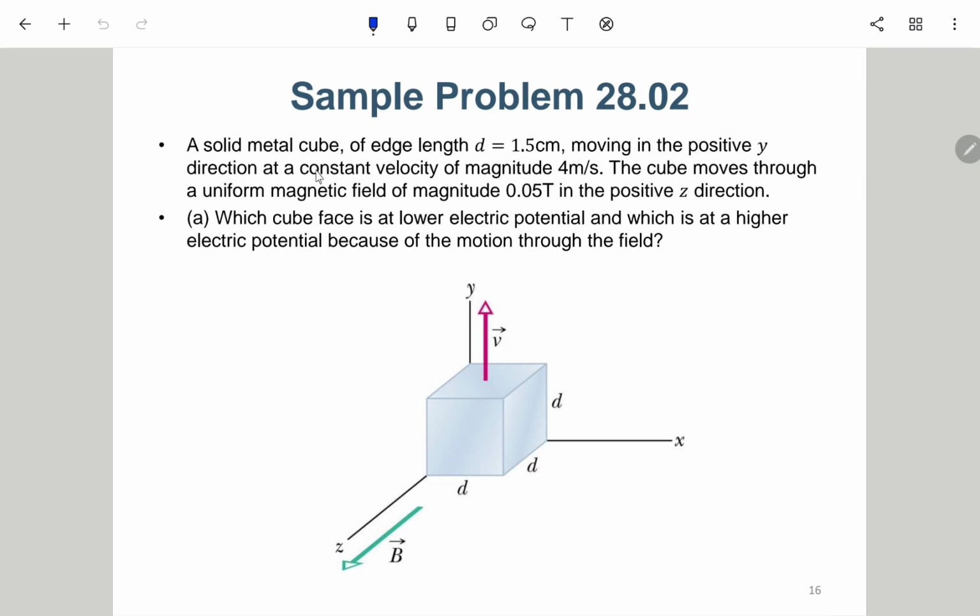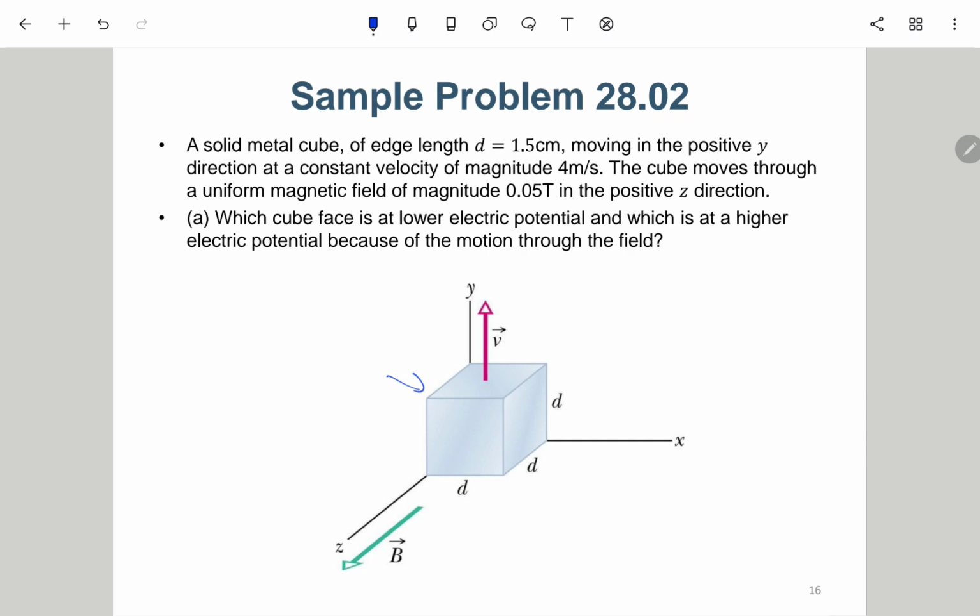The cube moves through a uniform B field of magnitude 0.05 Tesla in the positive z direction. Which cube face is at lower electric potential, and which is at higher electric potential because of the motion through the field? Okay, so here we don't try to provide a current, but we try to move this cube